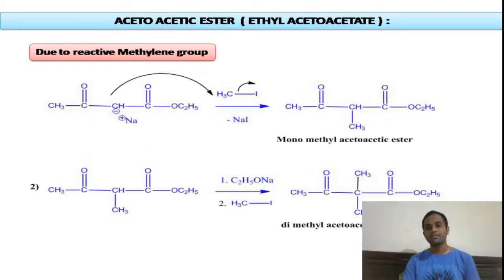Similarly, this monomethyl acetoacetic ester has one more active hydrogen atom on the methylene group. Therefore, it will further undergo alkylation when it is treated with base followed by an alkyl halide. You can see in the second step, this monomethyl acetoacetic ester undergoes alkylation a second time in the presence of base upon treating with methyl halide to give dimethyl acetoacetic ester, right? In this way, our acetoacetic ester will undergo alkylation at the alpha carbon in the presence of base by treating with alkyl halides,